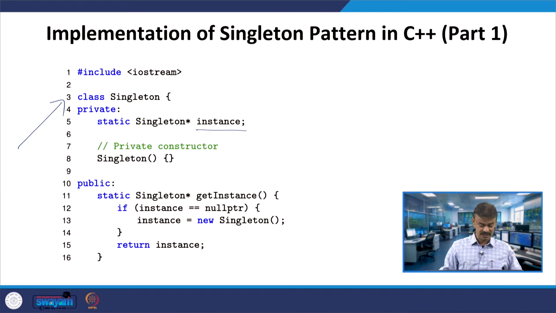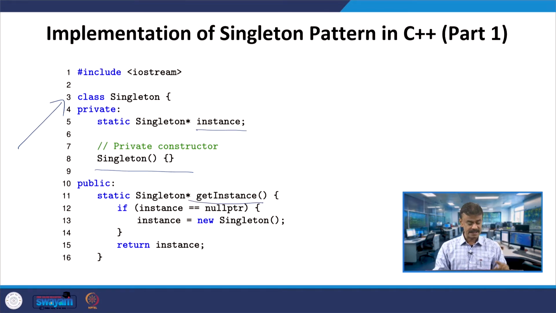Under Singleton, which is static, we have one private constructor. Both are private. The instance, in fact, is a pointer object whose class is Singleton, and you have the constructor, which is a private constructor. Here you have a public function getInstance, the pointer function, under Singleton.